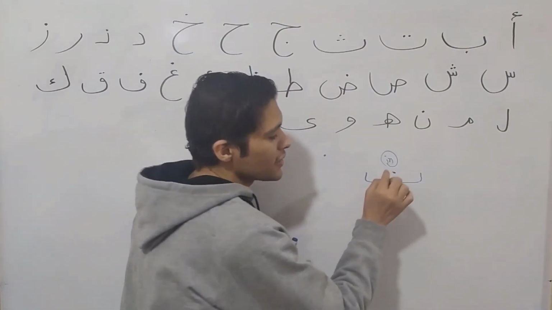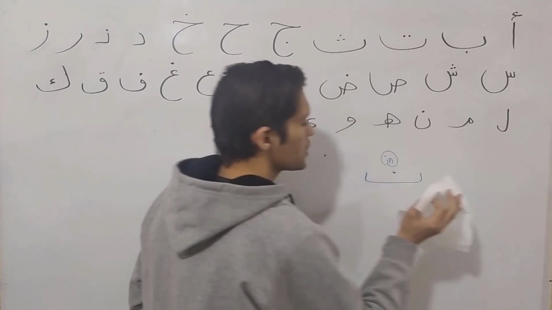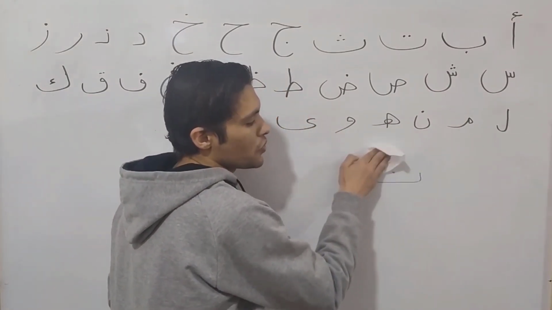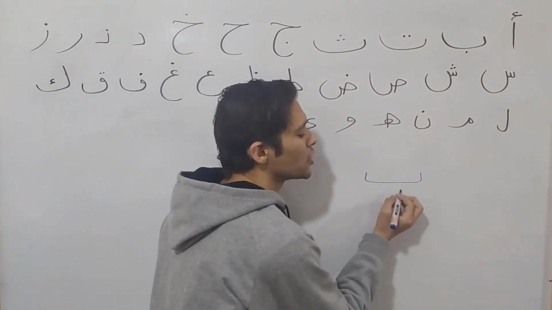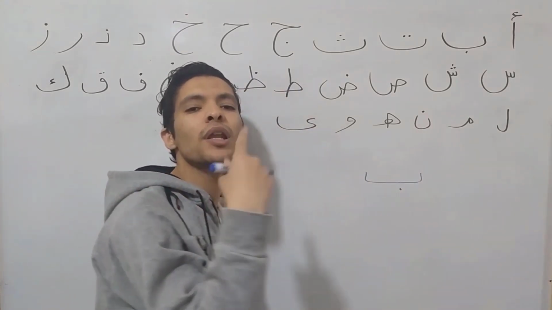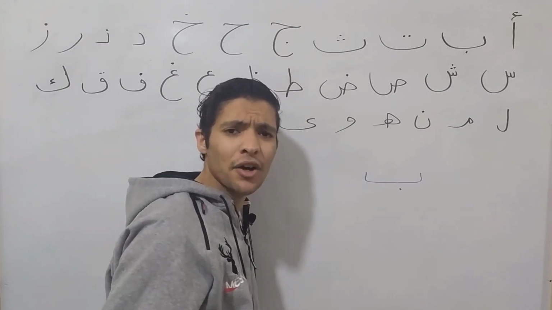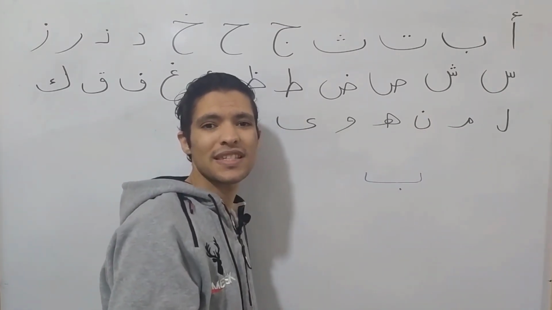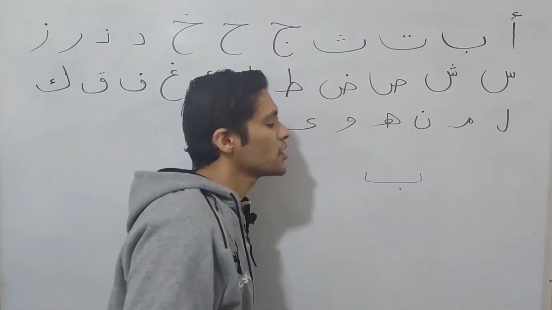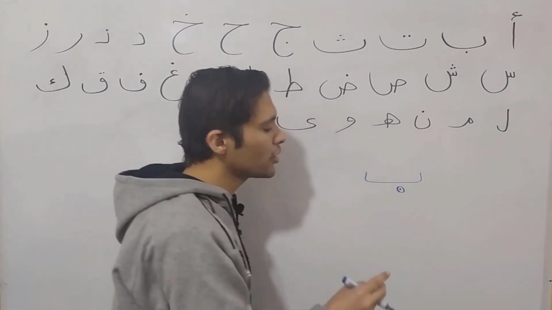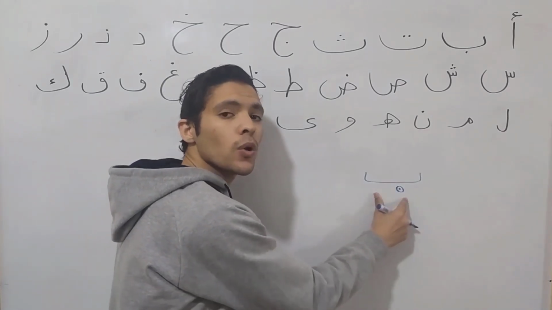Let's imagine that this daughter is not sleeping in the bed. She doesn't want to sleep in the bed. So what does she want to do? Oh, she wants to sleep under the bed. Below the bed, under the bed. So her mother would be like, hey daughter, what are you doing? You're sleeping under the bed. That's ba. So we say this dot here, don't sleep under the bed, because it's ba. So this letter is called ba.